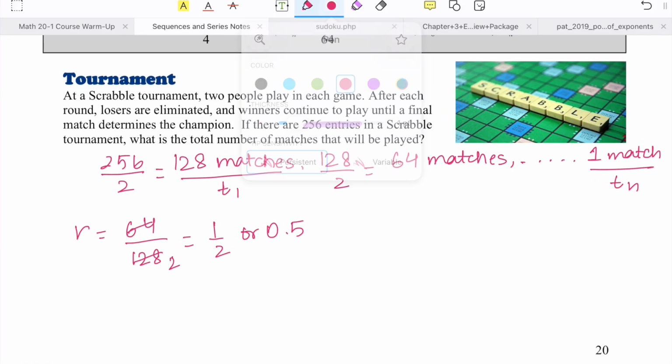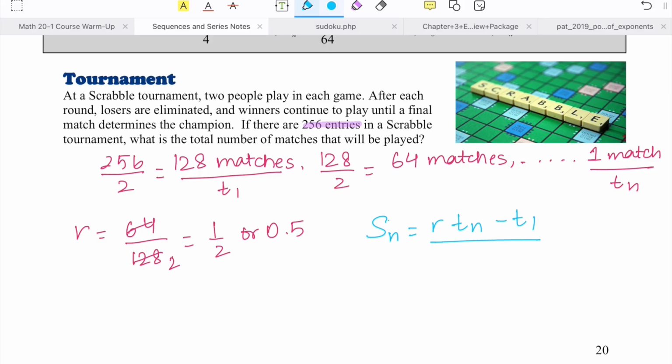Now we use our formula, which is Sn is equal to r Tn minus T1 over r minus 1. Because we're looking at the total number of matches, we'll find Sn, not the general term. So our ratio will be 0.5 times Tn, which is 1, minus T1, which is 128, over r, which is 0.5 minus 1, and that gives me